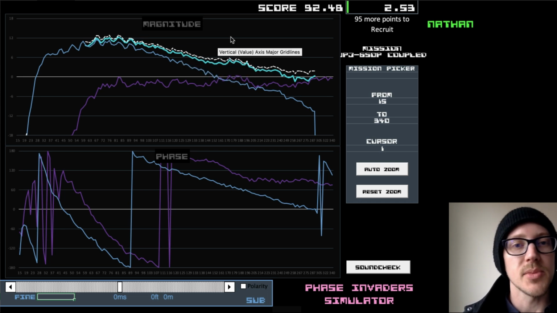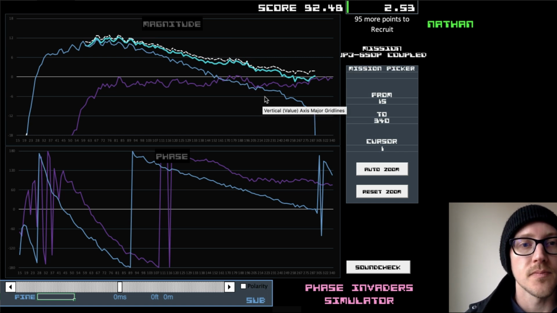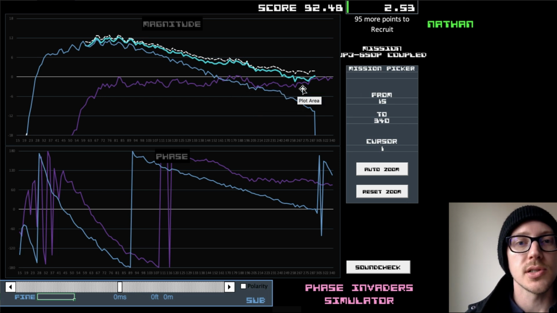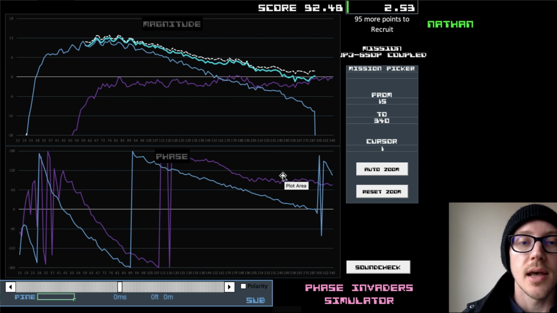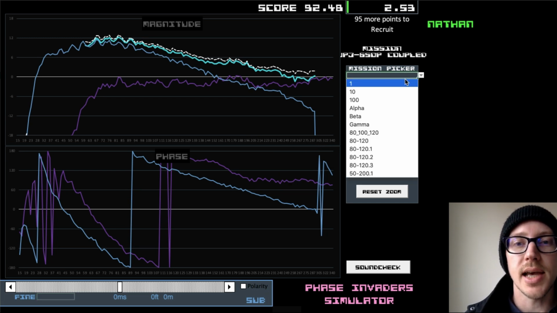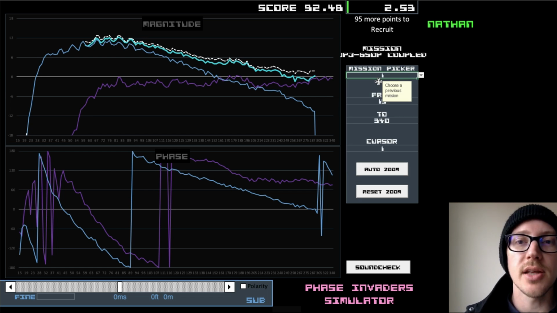Now, target isn't something I just invented. It's the maximum total possible summation we could get from these two traces. So it would be if you were just to add up both main and sub together, throwing phase out of the window. And the teal trace takes phase into account. But this is not where we're going to start the game. We're going to start the game actually just measuring a sine wave. So if I go to the very first mission of Phase Invaders simulator,